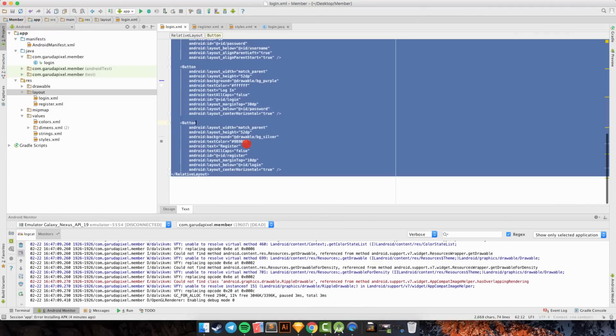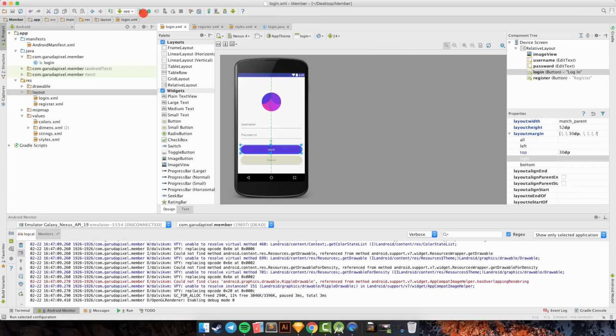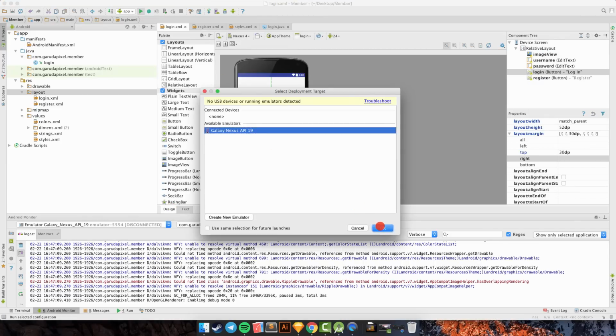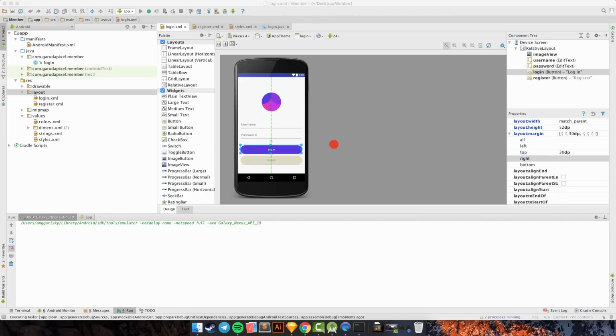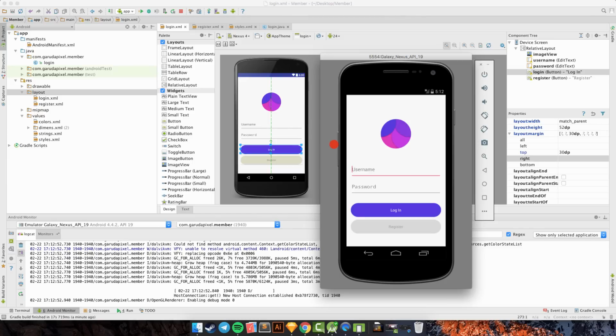So you can see in the design, we can preview in our emulator. We can see the basic XML from login and register. Okay, just waiting for some time. Alright, so this is our login, and you can type by yourself, it's up to you.